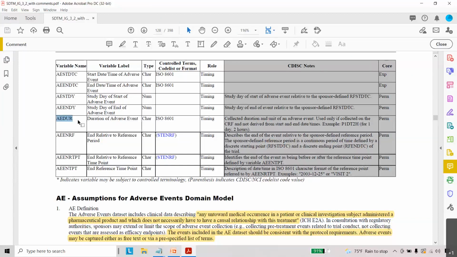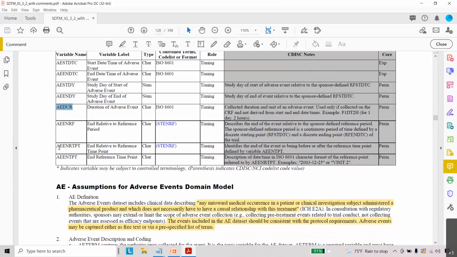What is the reference period here? It is the treatment start date and treatment end date. So it is RFSTDTC and RFENDTC. So based on this, we can see the values in AEENRF.